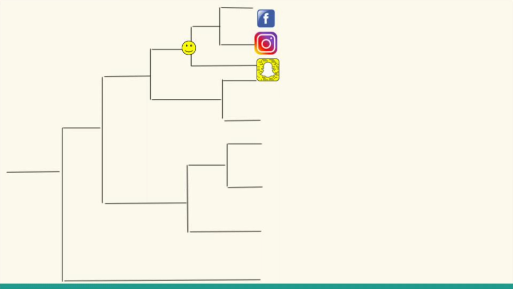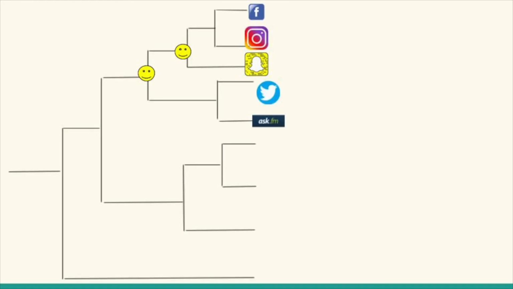While it is also a photo sharing app, it focuses on more personal communication than public posting like Instagram and Facebook. Because this app is in its own category and developing in its own lineage, one could observe anagenesis as it develops and evolves. From these OTUs, Twitter and Ask.fm diverge next. They are very similar in which people use them to post their thoughts and are more casual than Instagram or Facebook. The difference is Ask.fm involves anonymous postings, while Twitter is public to your identity.